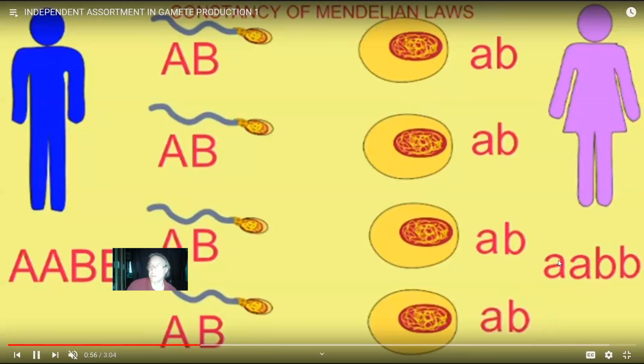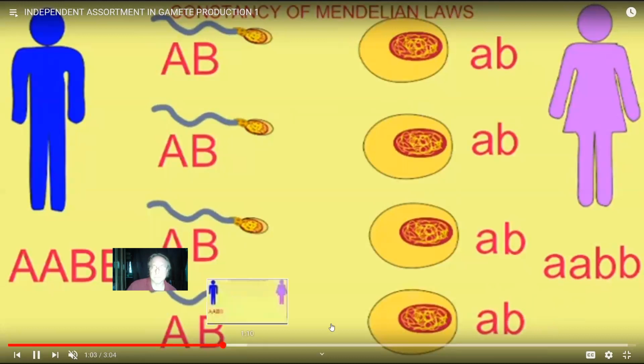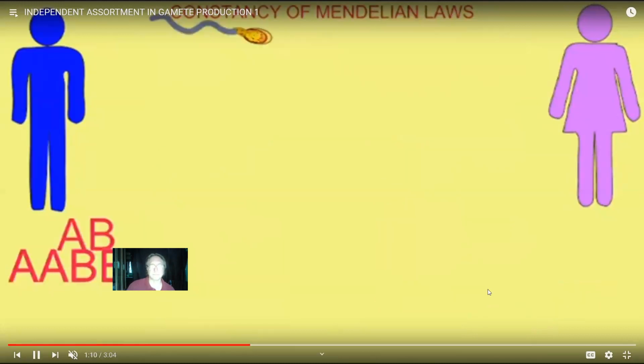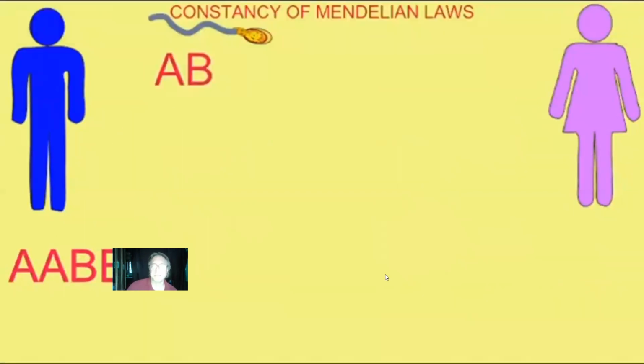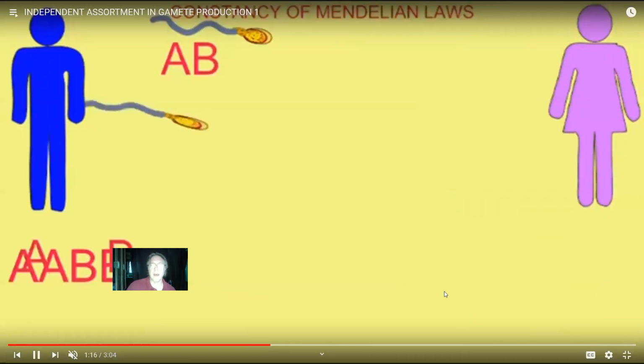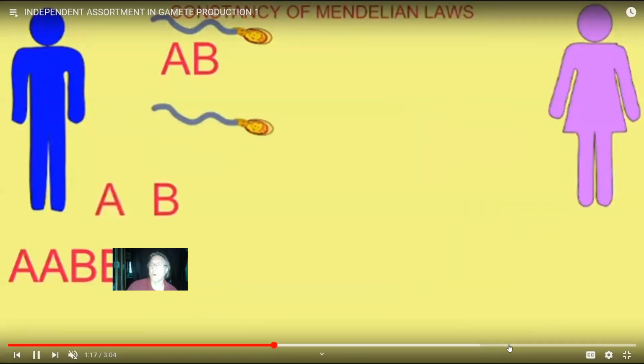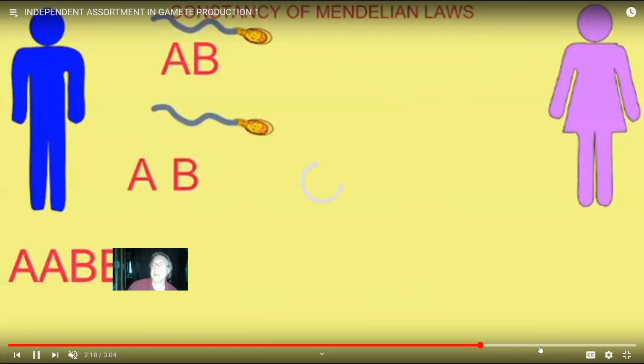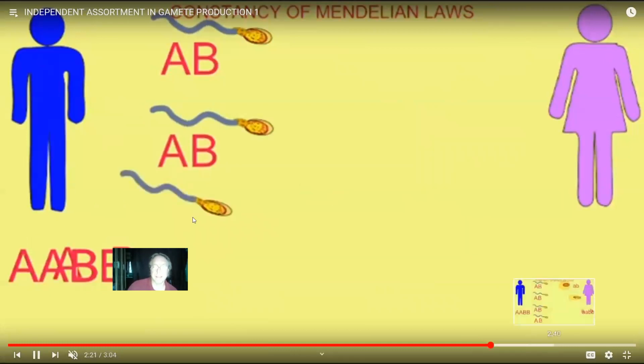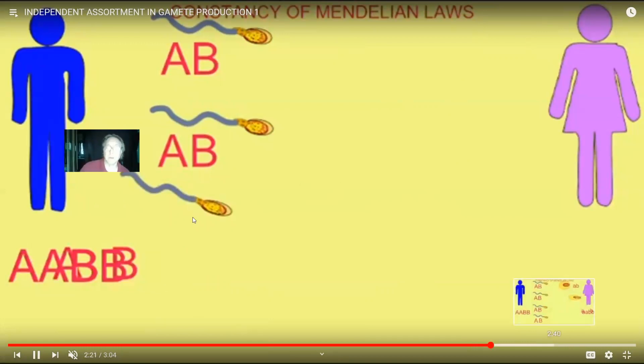There's no difference at this point for those different alleles. And so what we then notice is if you are homozygous for two separate genes, then all of your gametes are the same,